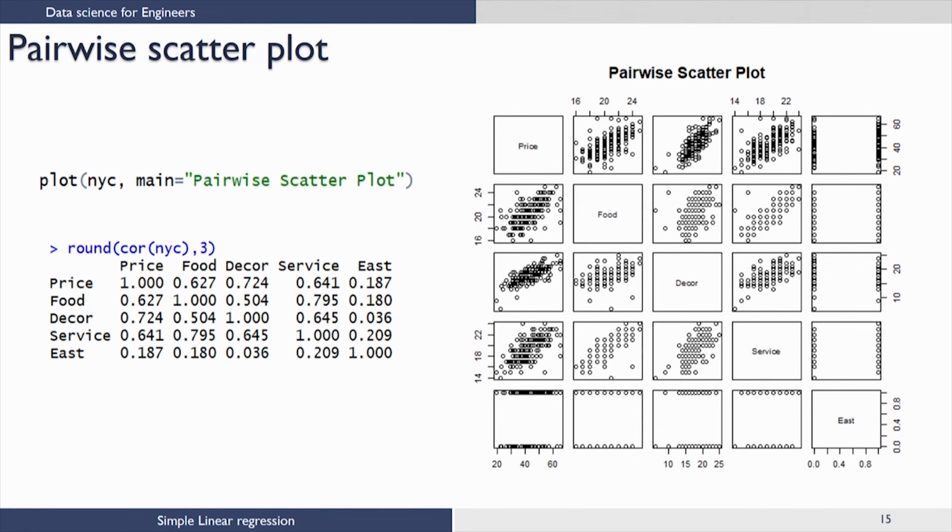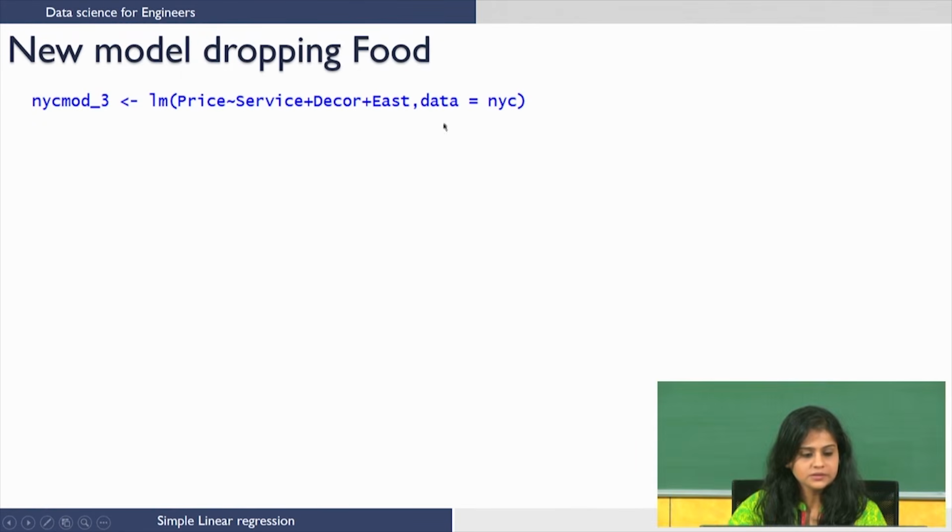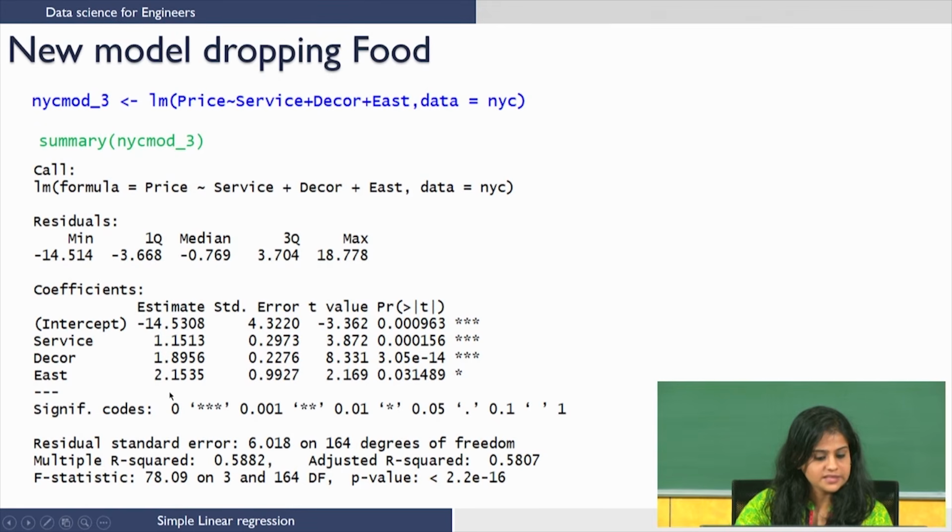Let us now retain service and build a model dropping food. I have dropped food from here, so let us take a look at the summary. Though the p value tells you that all the variables are significant, if you look at the R squared value, it has dropped from 0.628 to 0.588, which is a huge decrease, and even the adjusted R square has decreased. So, this tells you that service is less important and food is explaining the price in a much better sense than service. The R squared value and the scatter plots tell us to go ahead with the linear model,